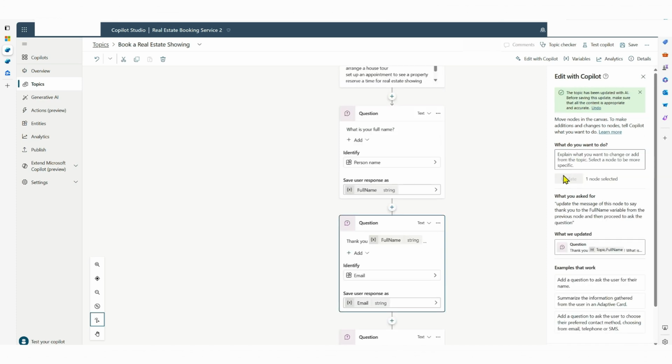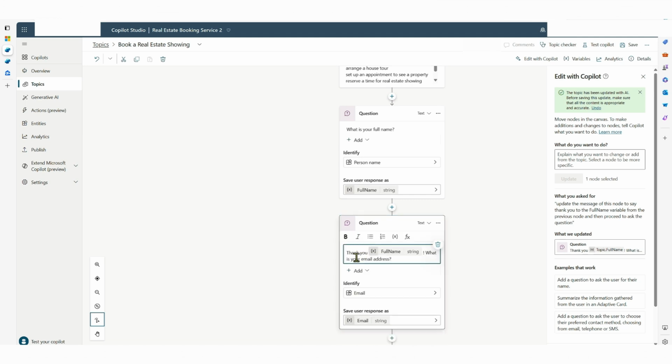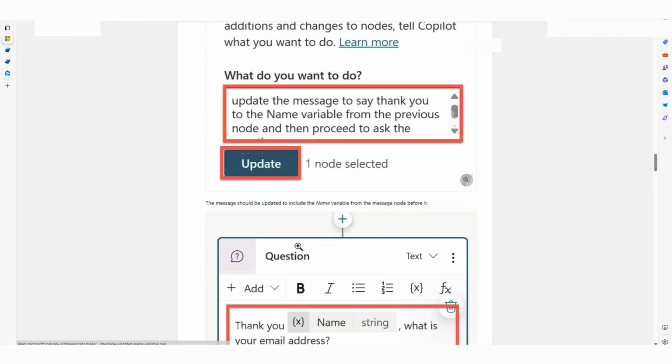Okay, you see what I had to do was I had to change the variable name to full name. I had to specify I'm actually editing this node. Okay, so I've actually selected the node and I have to specify I want to edit this node, and now it's updated it. So now you can see I'm actually saying thank you to the user response, full name, and then now we're asking for what's the email address. So again, Copilot, not autopilot, not going to get everything right. Okay, so once we've done that,